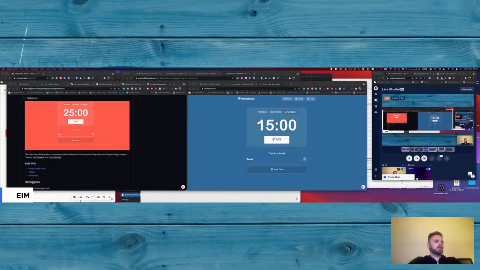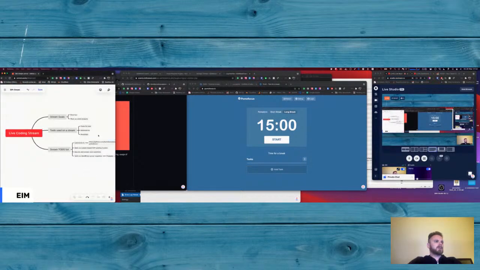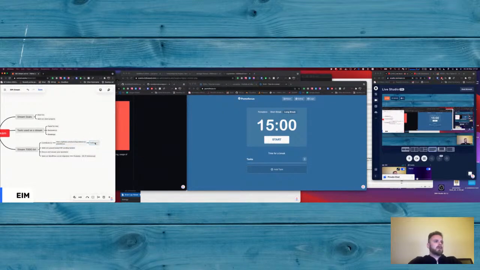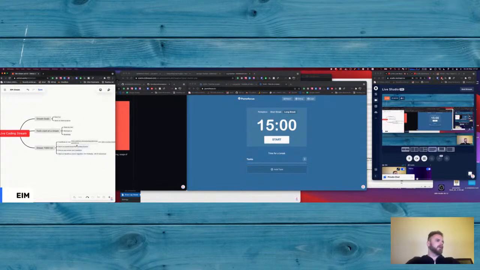Let me copy it and paste it. Contribute to: we need to add a custom duration for the timer. Okay, so this is our to-do list. We're getting distracted, and all of our focus is on this now.